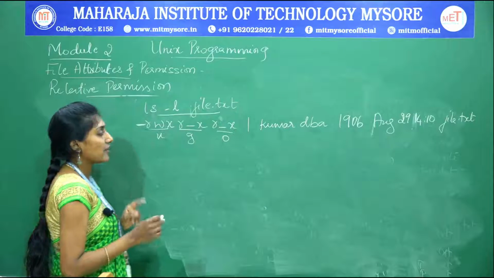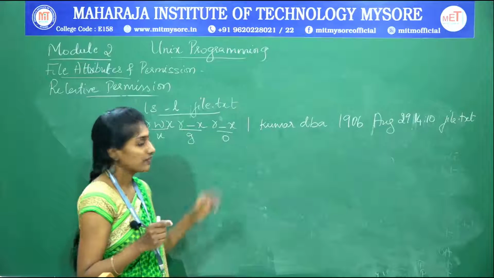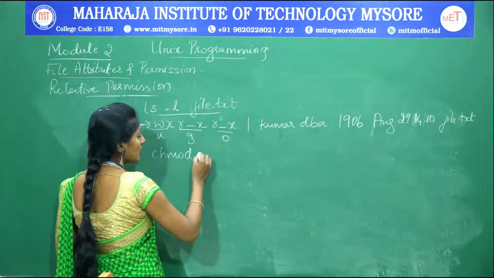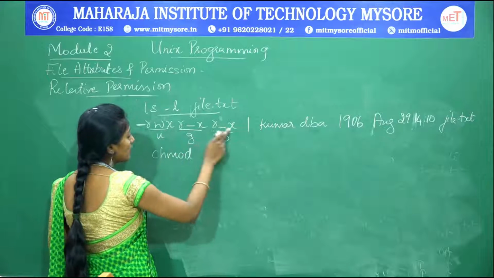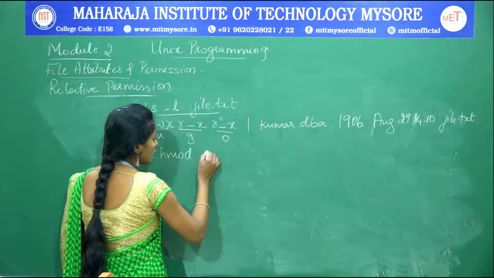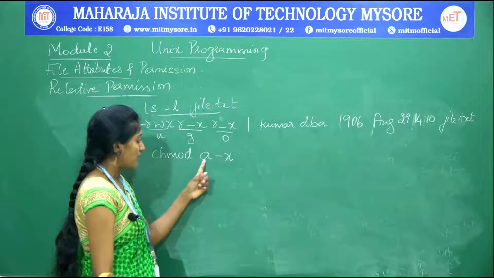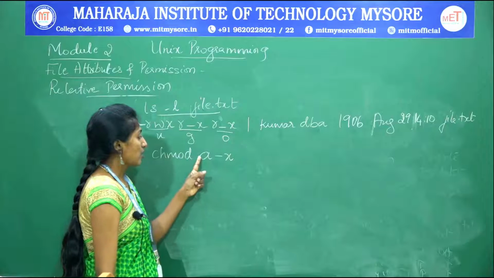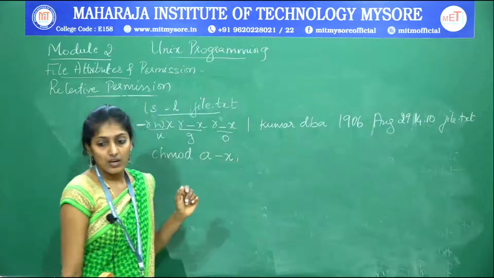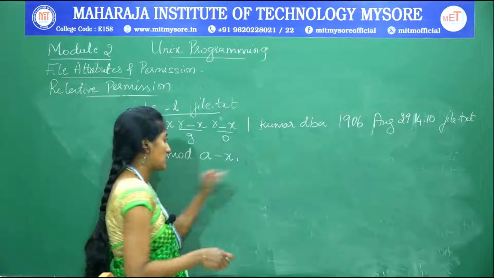Now, as I said, if I want to write multiple expressions using chmod for the same file, yes, you can do that. So chmod. Since here I have execute permission for all the 3 categories, UGO, instead of writing UGO, I am going to take it as a-x. A represents all the 3 categories: user, group, and others. Next, by using a comma operator you can separate 2 multiple expressions.